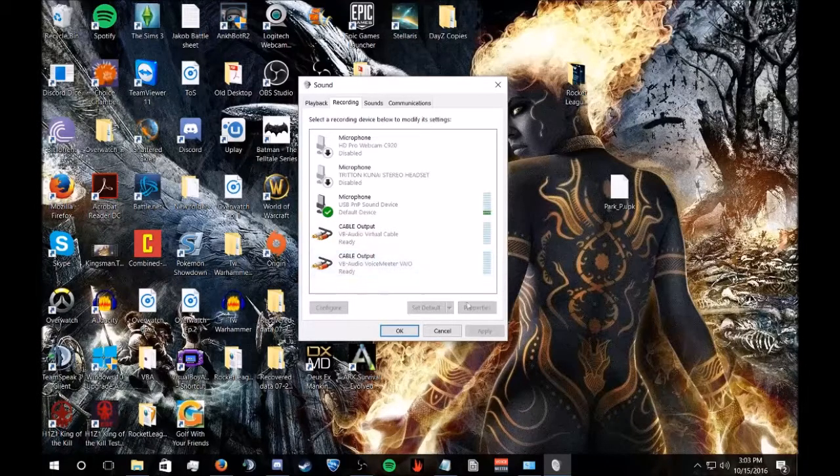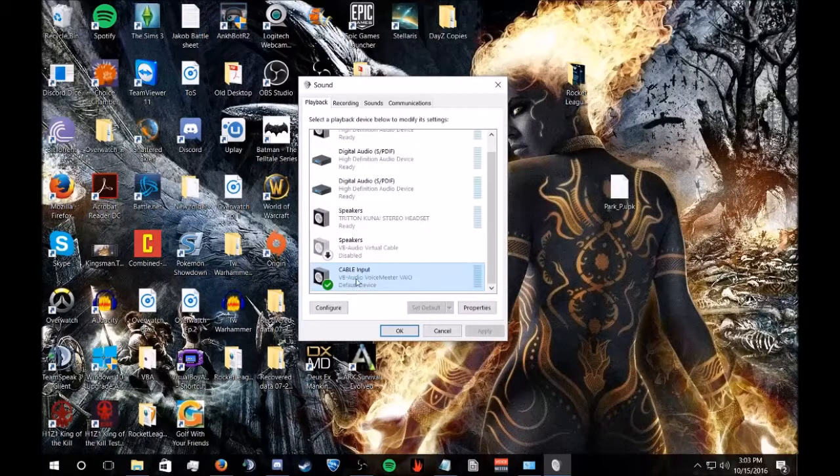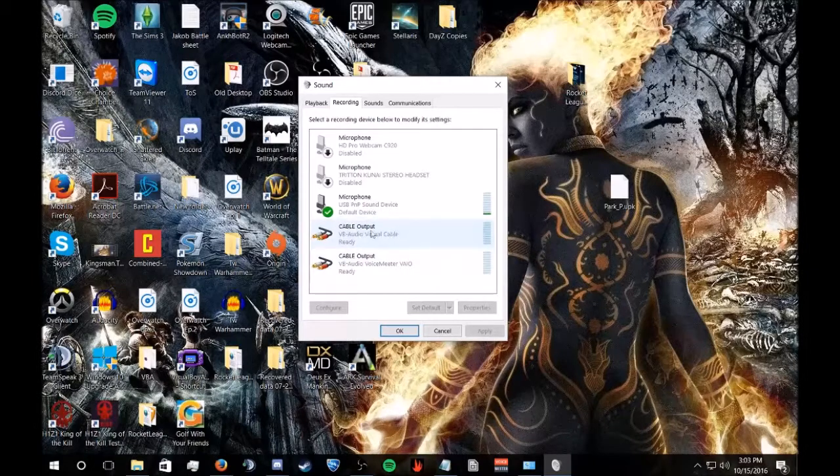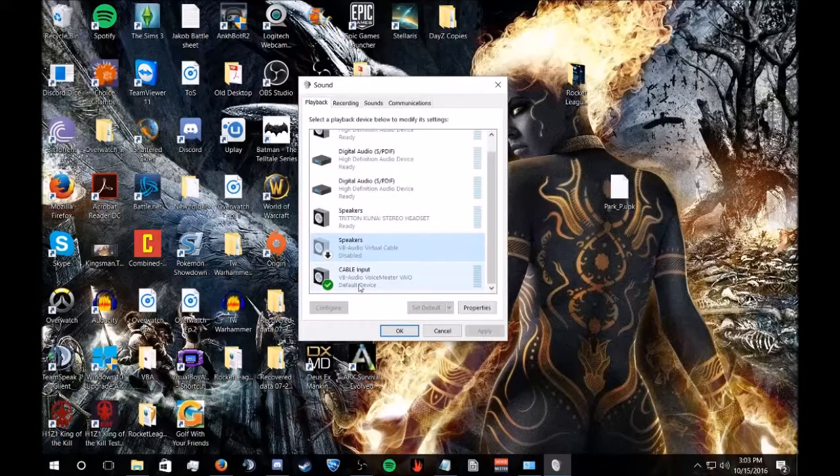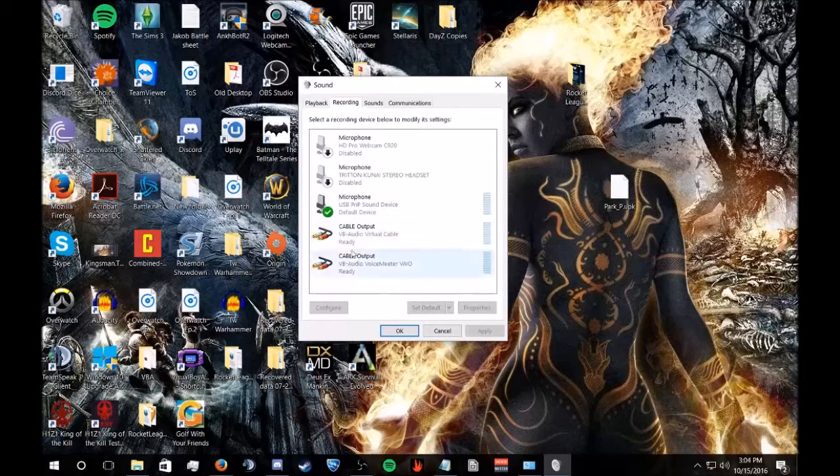But seeing as I have my input as the VB Audio Voicemeeter VAIO, yours could probably be VB Audio Virtual Cable. You're going to want to match which one is your default device to which one is the output device. Now make sure you read which one. See, this is VB Audio Voicemeeter VAIO. That is the one that I have set as default. Okay. So doing that, you're going to right click,